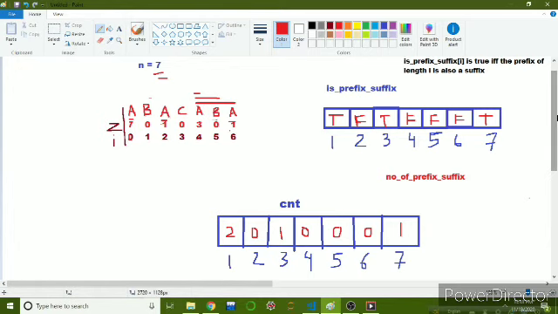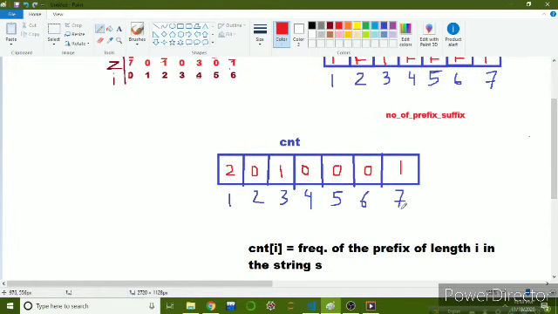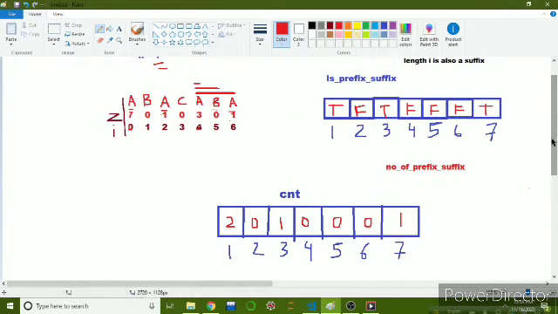So as we have a prefix of length 7 here, inside this prefix of length 7 the prefix of length 6 will also be present. We can see it from here. This is the prefix of length 7, and the prefix of length 6 is overlapped in this prefix, so this 1 should be counted in this index also.